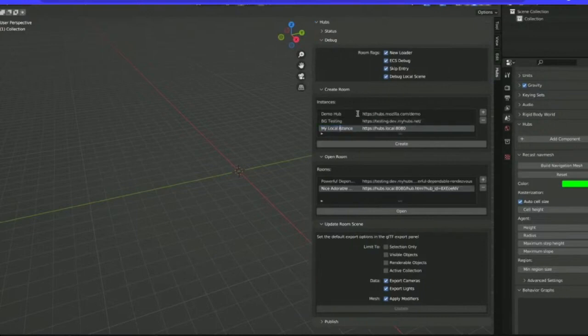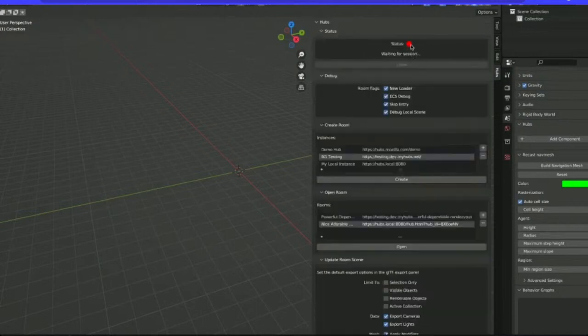So once you create an instance here, you can click on create, and that will create a room using that instance. And initially, the status you see is red there, and you are waiting for a session. So basically, you need to be, for certain things like